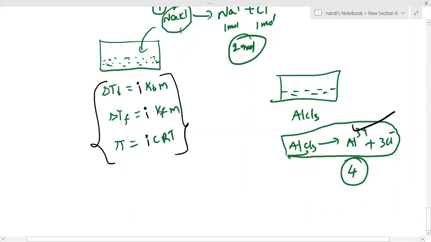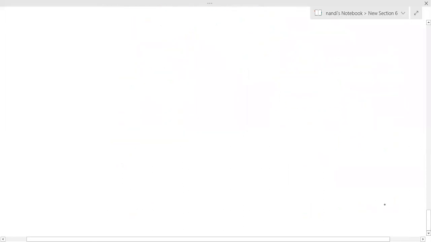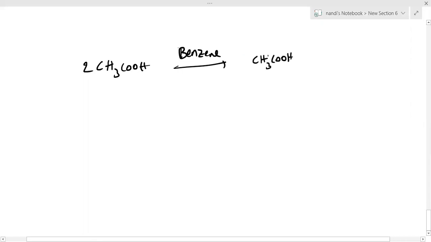This case is dissociation, but now I am going to discuss association. Previously I discussed when I take acetic acid in the presence of benzene, 2 moles, or n moles you can take, it doesn't matter, they become a dimer. So here the number of molecules decreases, and again the colligative property is going to change. In dissociation we expected the value to increase, but in association the number of particles decreases, so the colligative property may decrease. Is it clear?